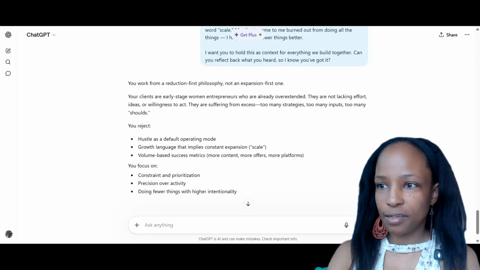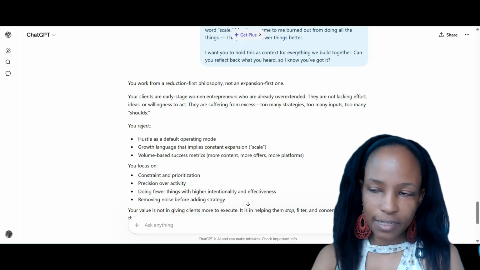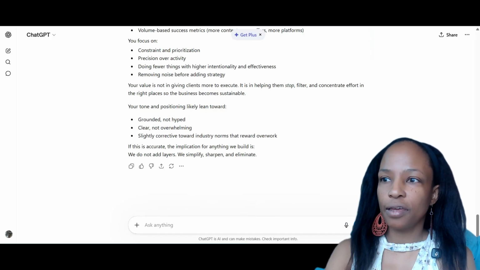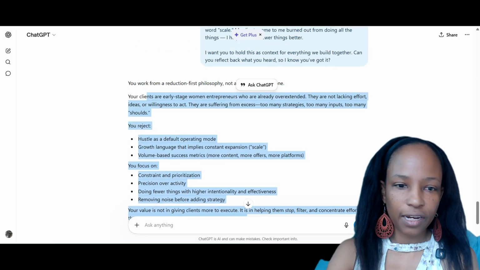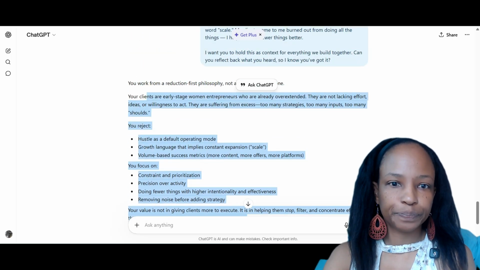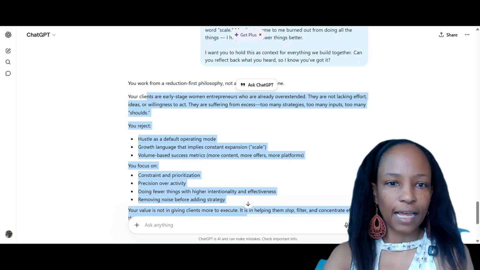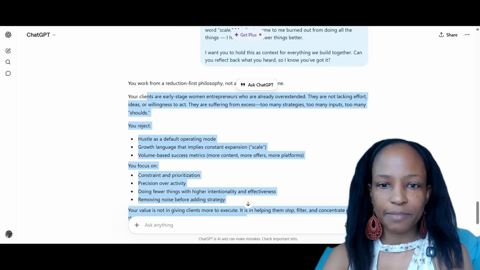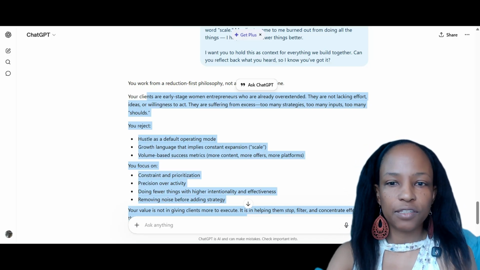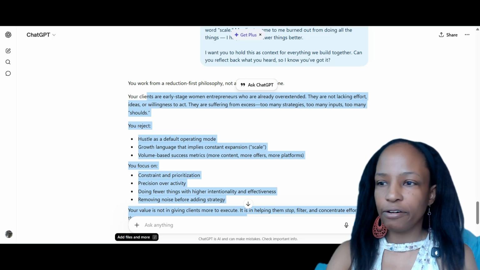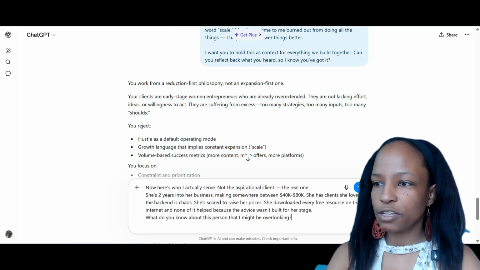I'm not going to read all this, but let's say I'm working on this. I would read it back to make sure, right? So I would read it back like, yeah, sure, fine. So that's one thing. That's the first thing. So notice I didn't paste my bio. I told it how I think. I asked it to reflect back. And now I'm going to talk about my client. Here's who I actually serve. I am going to paste that.